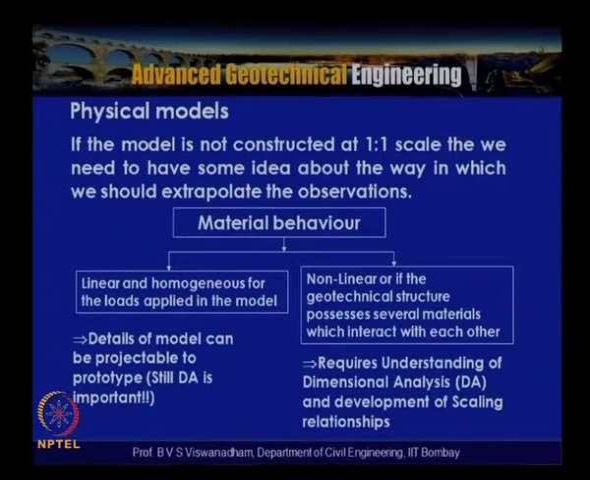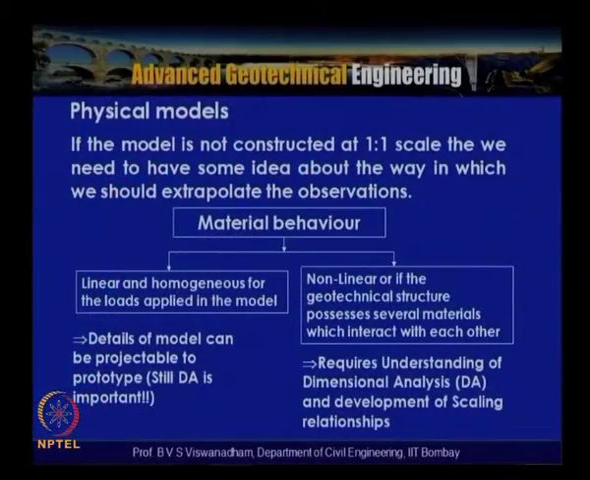So coming to the physical models, what we have discussed is that the physical model can be done at 1:1 or 1:n. If the model is not constructed at 1:1 scale, that means we need to have some idea about the way in which we should extrapolate the observations. That means if the model is not tested at 1:1 but at 1:n, let us say reduced by n times, how this model actually corresponds to a model